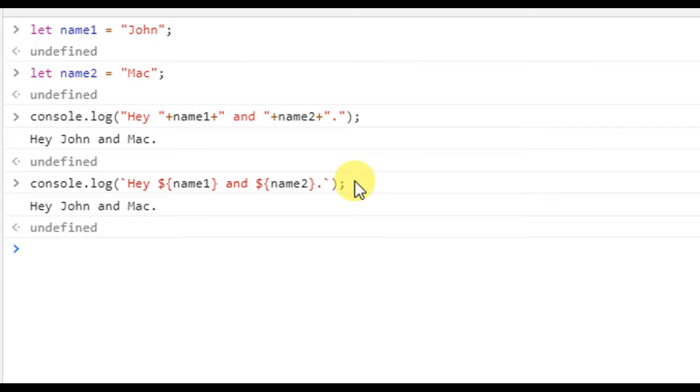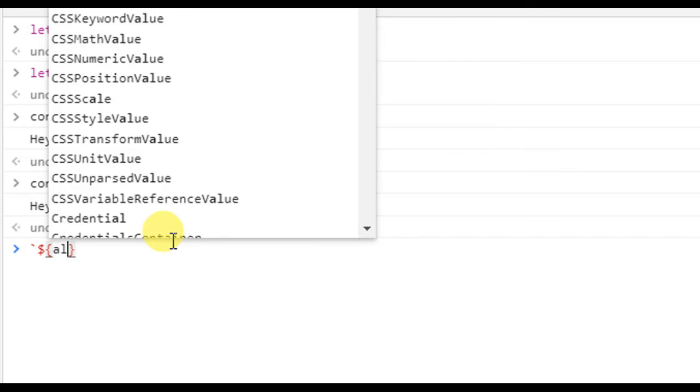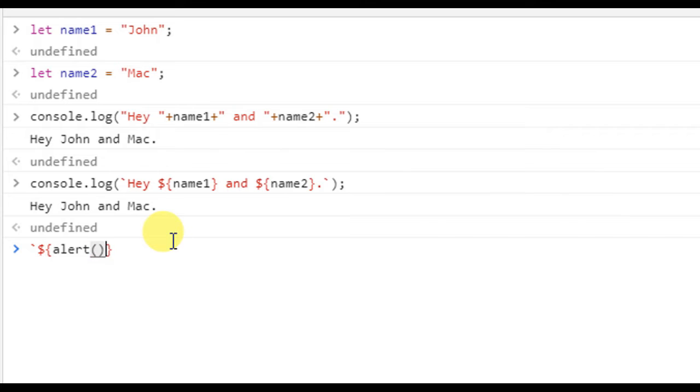By using backticks we can access all the variables, or we can write any JavaScript expression inside the backticks. Let's say, backtick, if I want to run JavaScript code like alert, and backtick again.